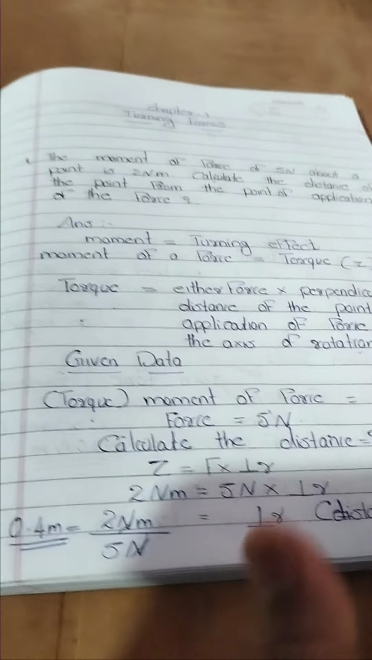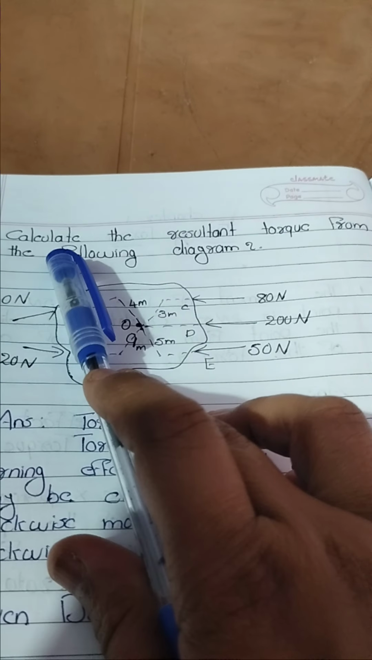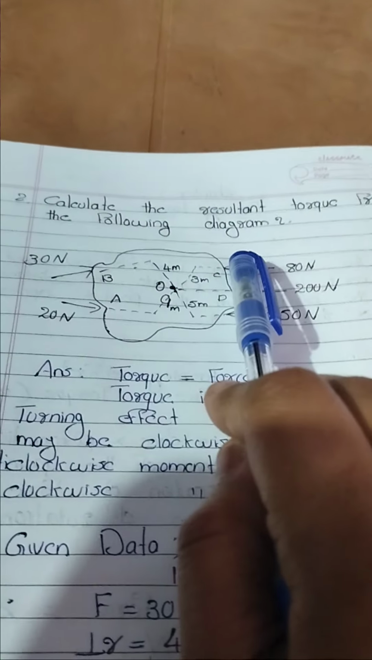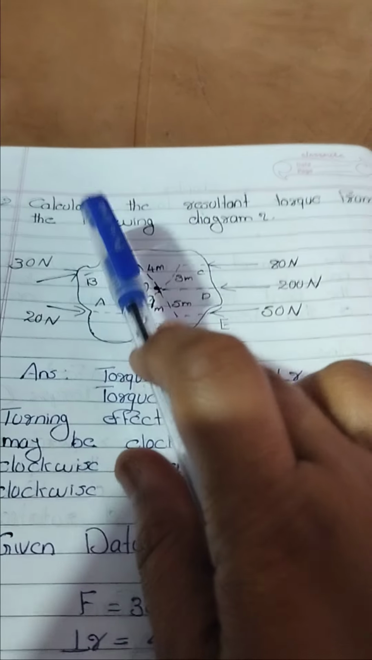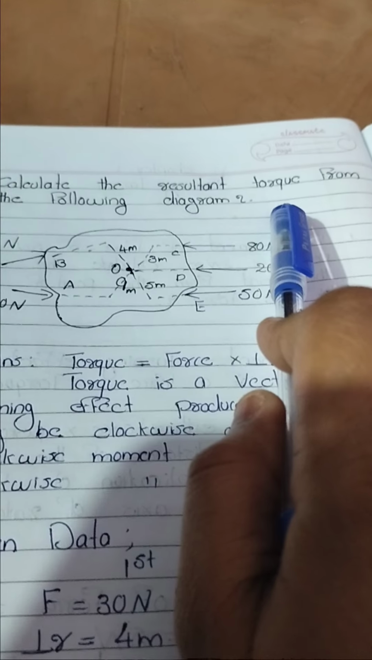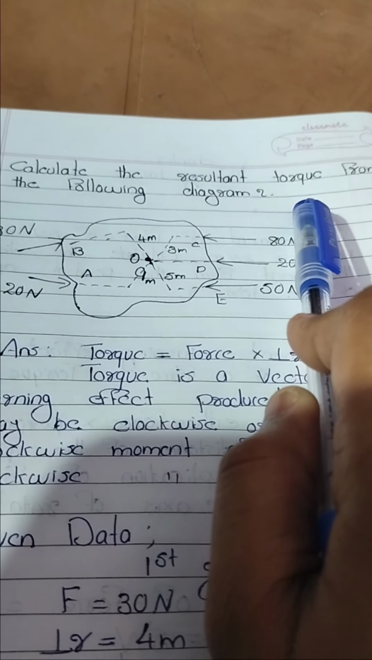Okay, then question number 2. Calculate the resultant torque from the following diagram. The question is, calculate the resultant torque. The expression of torque you already studied. Torque equals force into perpendicular distance. From this diagram,